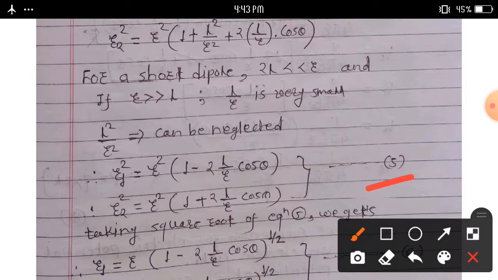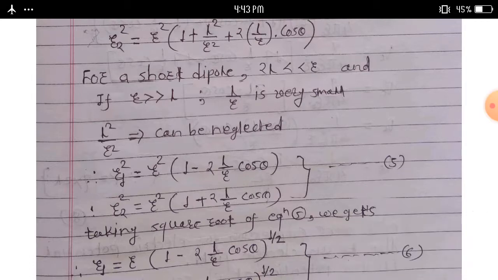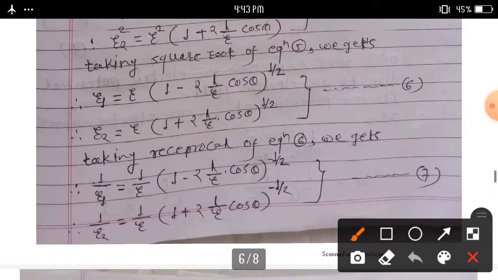Consider equation 5. Taking the square root of equation 5, we get r1 is equal to r into (1 − 2l/r cos θ) raised to 1/2, and r2 is equal to r into (1 + 2l/r cos θ) raised to 1/2. Taking the reciprocal of equation 6, we get 1/r1 is equal to 1/r into (1 − 2l/r cos θ)